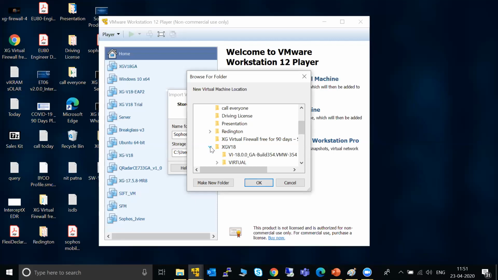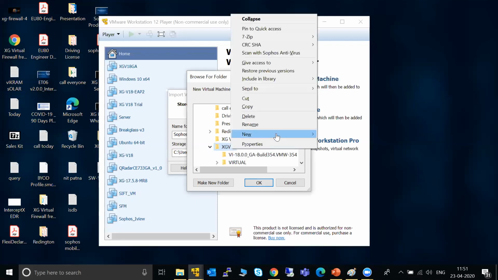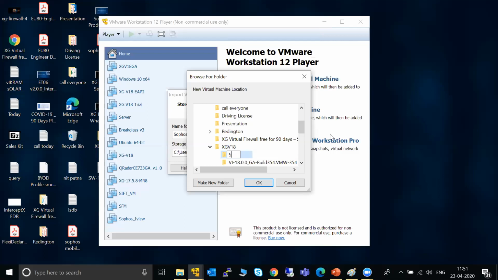I open it, right click on this, say new, and create a new folder, and I name it Sophos XG firewall version 18 GA, and I say OK.